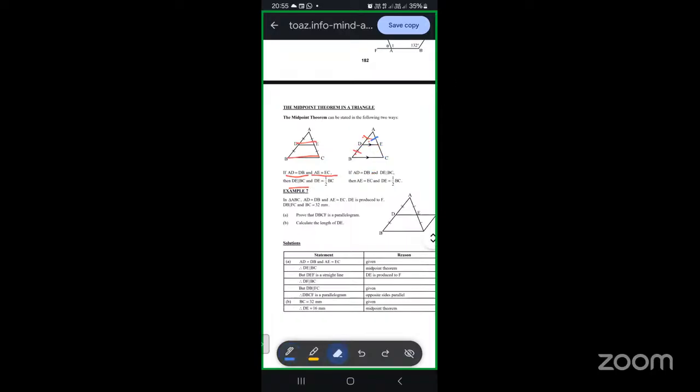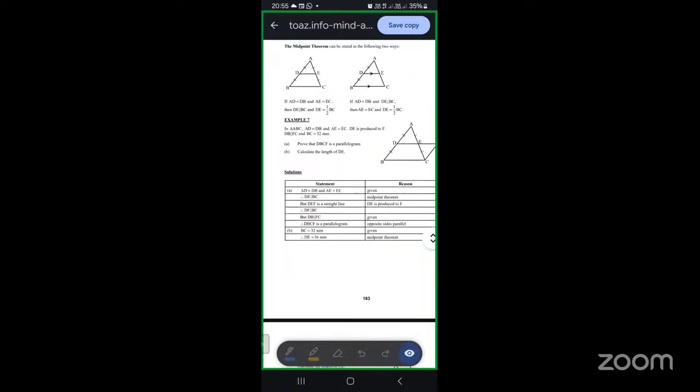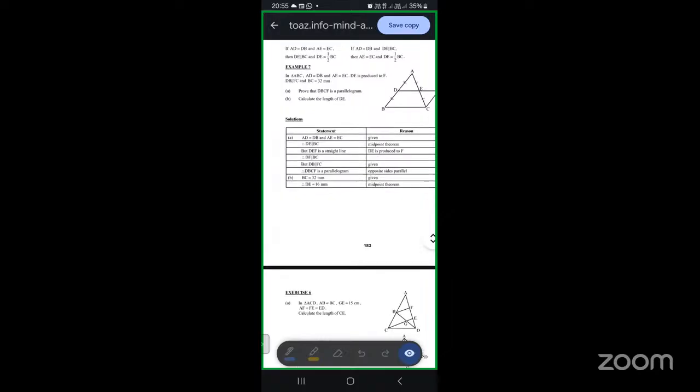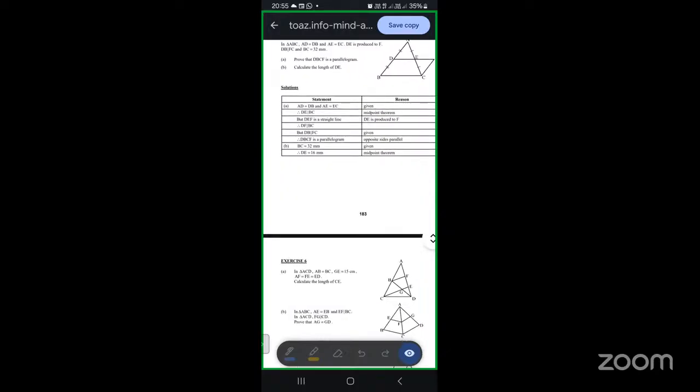Thanks. Okay, now let's go to the exercises and see if we can apply the midpoint theorem to calculate what we are required to find using this midpoint theorem. Exercise 6,